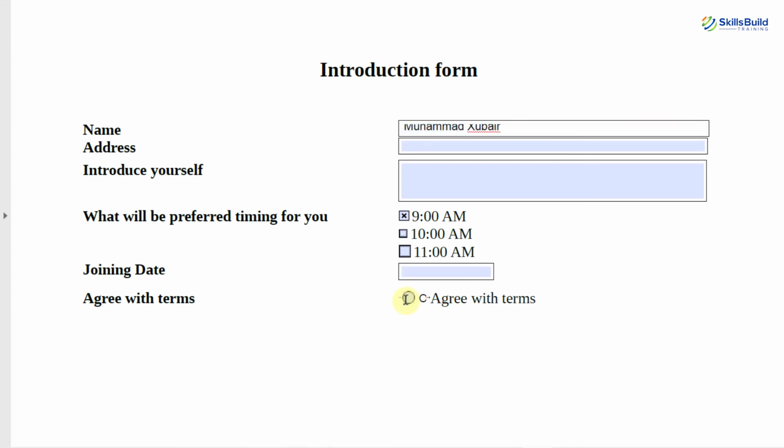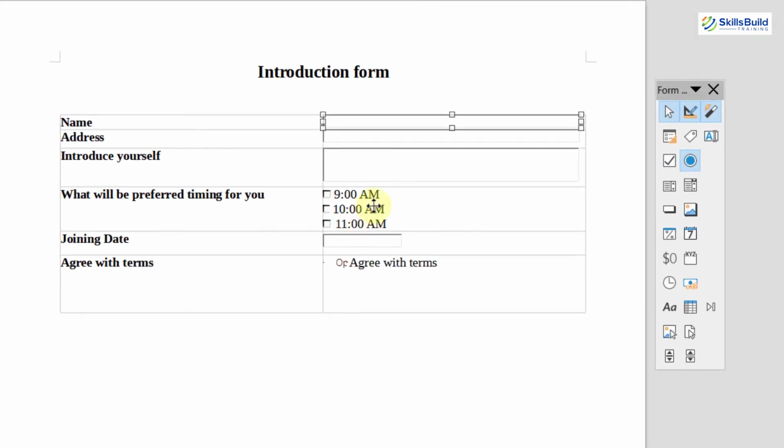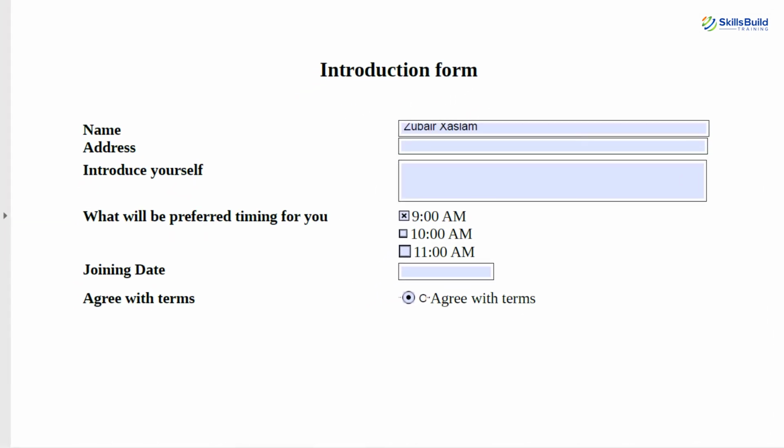Well, obviously there are some issues which are very visible in terms of alignment and in terms of the size of each component. You can set them when you are designing your form. As I have told you earlier, you can increase the size and you can decrease the size as well. So it is really easy to do that. But there is a trick which you can use to make sure that you get everything of the same size and you make sure that everything is aligned. And to do that, I'll show you one.